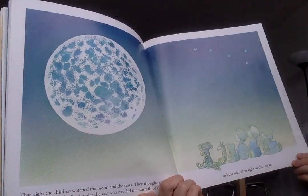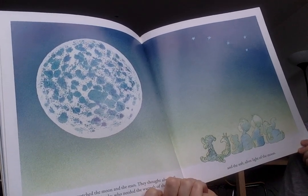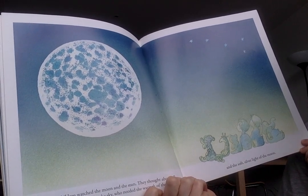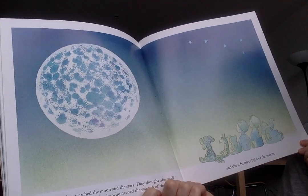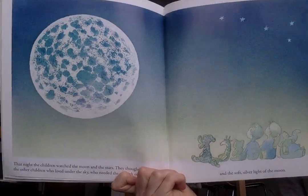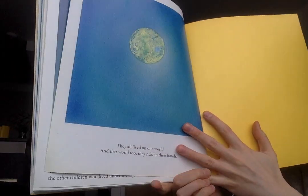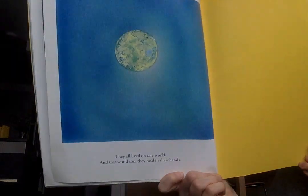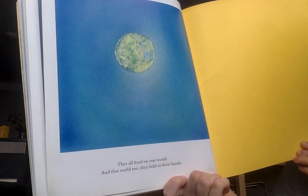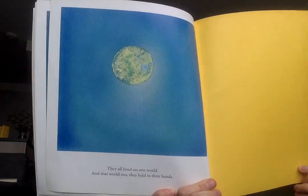Look at the final couple of pages. That night the children watched the moon and the stars. They thought about all the other children who lived under the sky, who needed the warmth of the sun and the soft silver light of the moon. So there they are, looking up at the moon with their cuddly toys. They all lived on one world, and that world too they held in their hands. So what you do makes